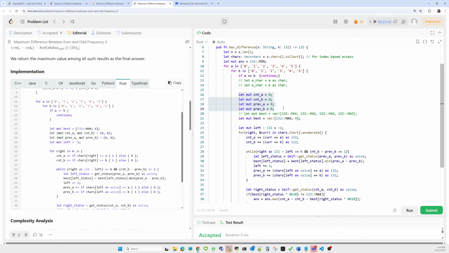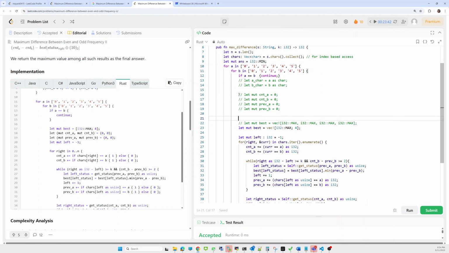Can we create like this also? Yes. So let's comment this one. Let's say I have to create a mutable object of count a, which is initialized by 0, comma, a mutable object of count, which is initialized from 0.